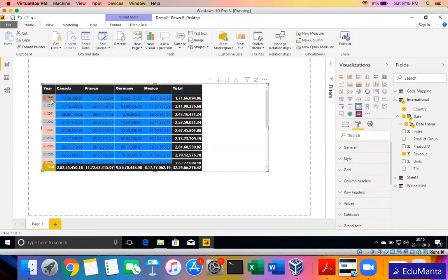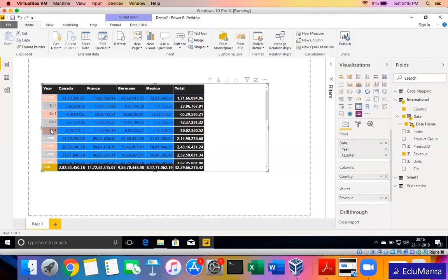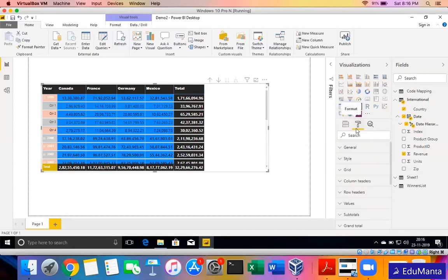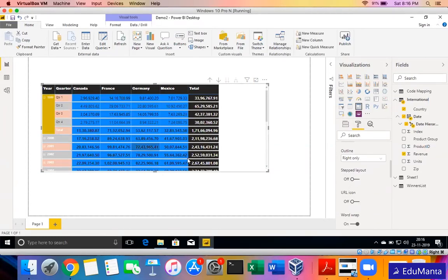This is the row section of the data. So I want to customize the row headers. What I will do is I'll go to the row headers and I will say I don't need a stepped layout. What a stepped layout is: when I'm clicking 99, you see these layers are created under 99. So if I don't want it this way, what I can do is go to this section, row header, put this stepped layout to off. Now you see how it comes up. 99 is a common header. Inside this, we have quarter one, quarter two, quarter three, quarter four, and a total.